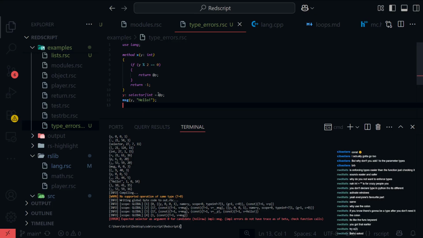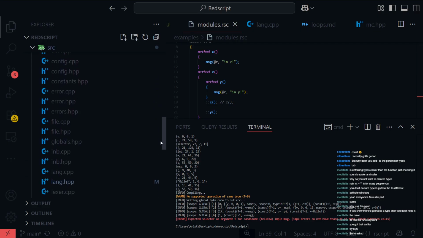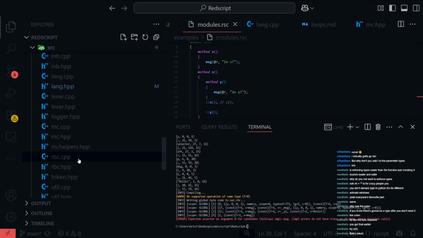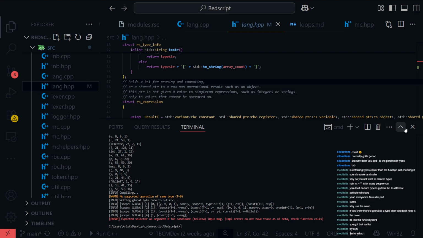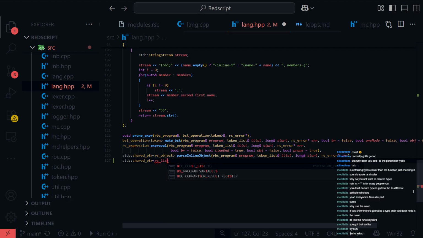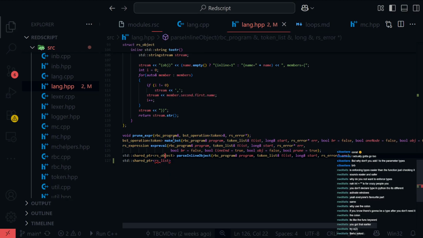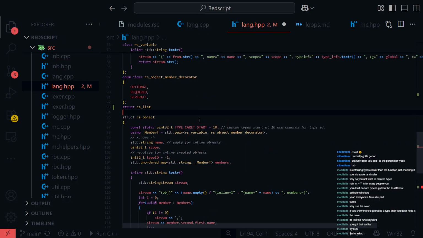just before I go, let's try and make lists. So first of all, I'm going to go into language. And I'm going to go down here to where we have our parse inline object. Now what we're going to do is we're going to do a shared pointer to Redscript array, I guess we could call it. Just Redscript list. And I'll put that right beside the definition of Redscript object. So a Redscript list